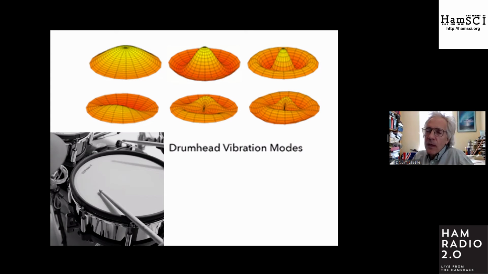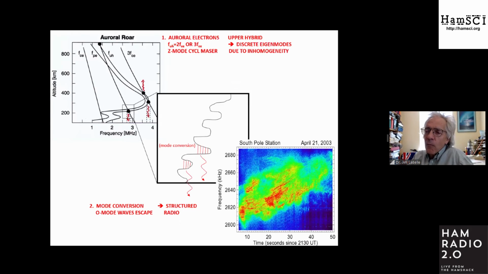Well, it's the same thing in the waves being generated by the ionosphere. So here's the idea. If you look at the upper left, you have your magic hotspot in the ionosphere where the radio waves are being generated. If you have irregular density that's comparable to the wavelength, the waves are not arbitrary or continuous in frequency. Certain frequencies are selected that fit in the cavity. And then that frequency